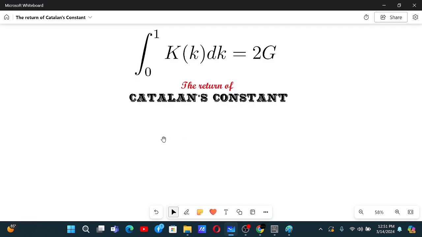The return of Catalan's constant. So the well-known Catalan's constant is here again in this integral. If you don't know about